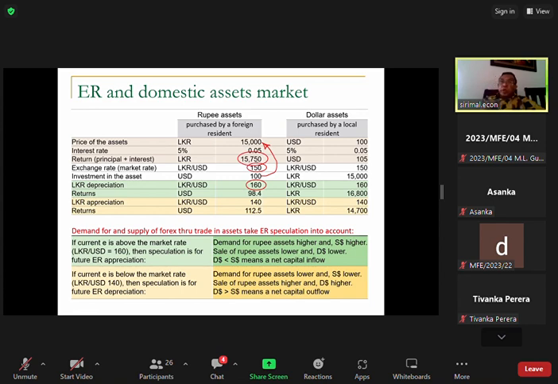Now he wants to get his money back in his own currency, so he tells the bank to pay it in dollars. How much does he get? He gets 98.4. So actually the foreigner has made a loss